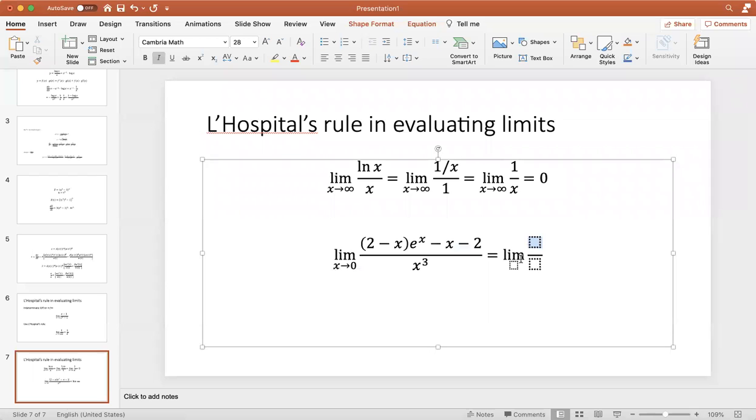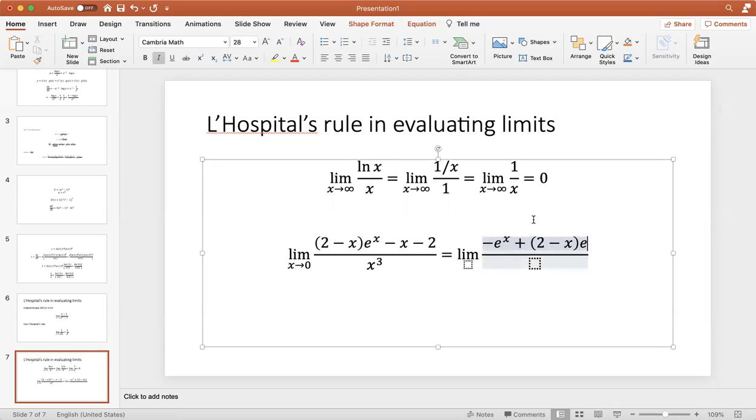of, if you take the derivative of this expression, for the first product here, you can use the product rule. So you'll have negative e to the x, plus 2 minus x e to the x, minus 1. Where's your minus 1 coming from? You take the derivative of this negative x here, you'll get negative 1. 2 cancels out, all right? Over 3x squared as x approaches